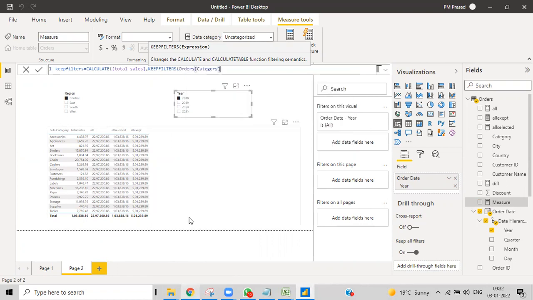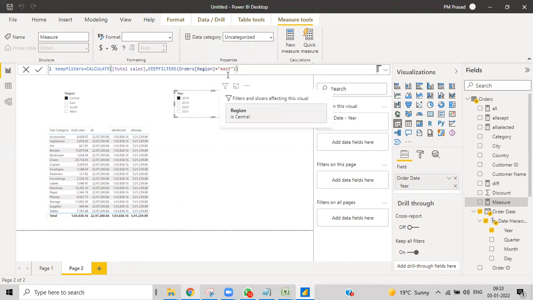Orders category equal to furniture. First, let's make it very simple. Orders region equal to, what is the region that we have? I'll make it East. It means we are telling it to keep filters for East. So whenever we calculate, the total sales will be for East only. That is what we are telling it.